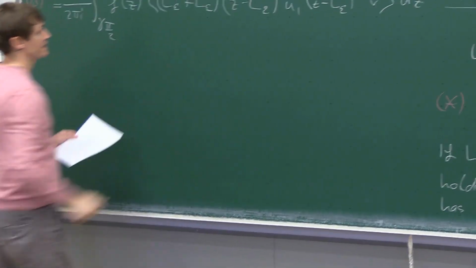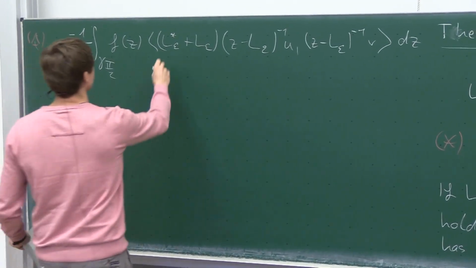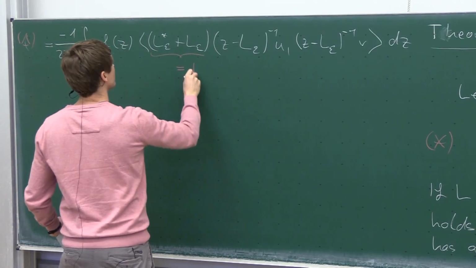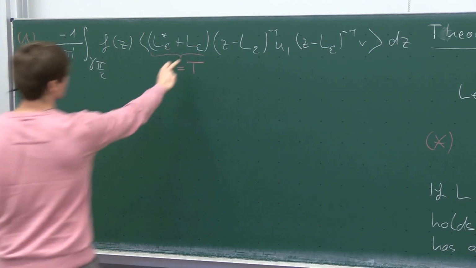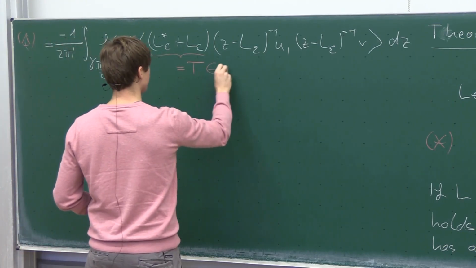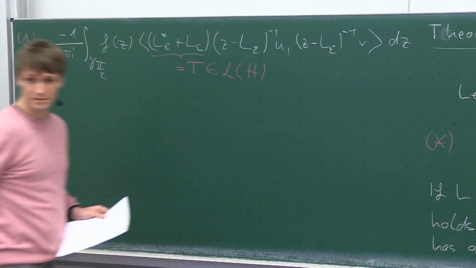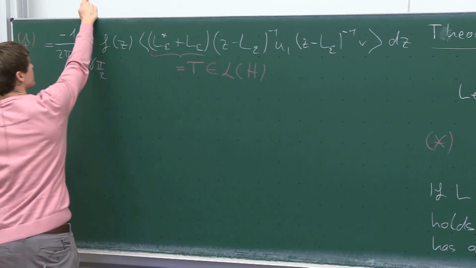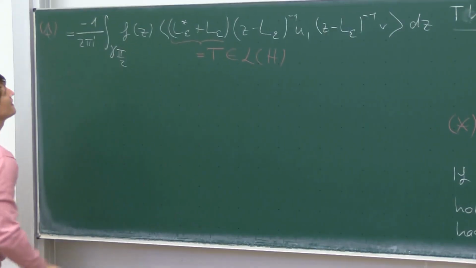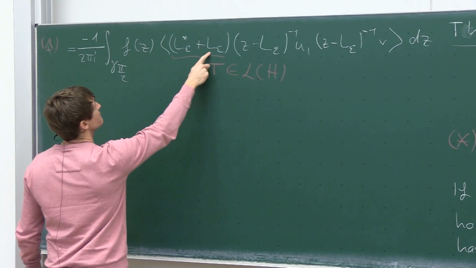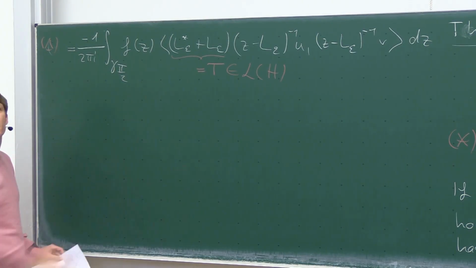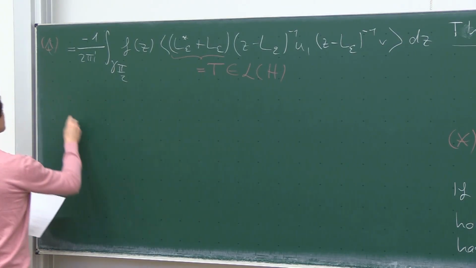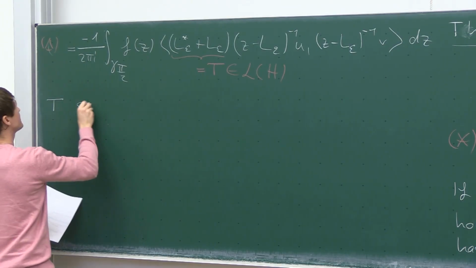And here we have some operator, and this operator here will be denoted by T. This operator T is the sum of two bounded operators, so in particular, it's a bounded operator. Now, we also have here a symmetry property, namely this is a self-adjoint operator, because we just take the sum of the operator and its adjoint, and this gives you a self-adjoint operator. So the first property is that T is self-adjoint,